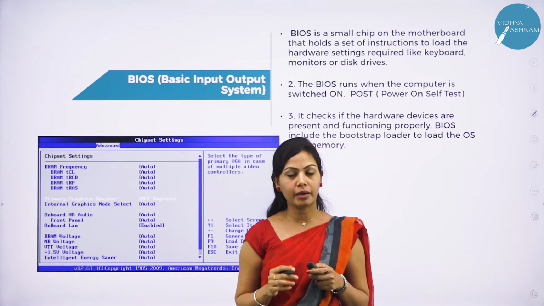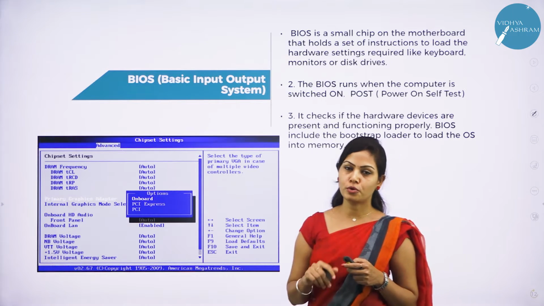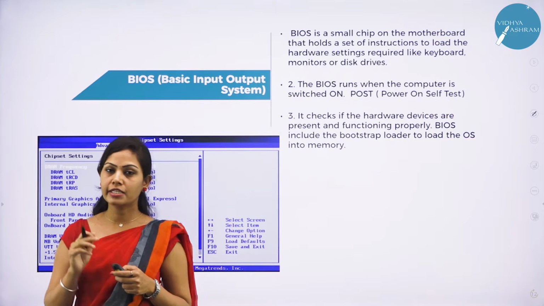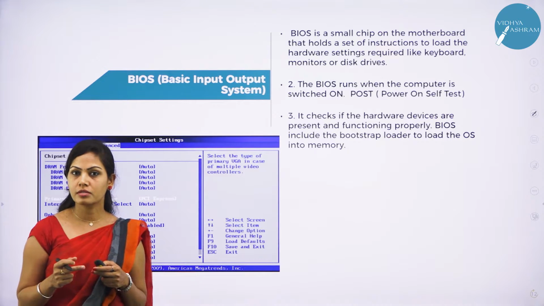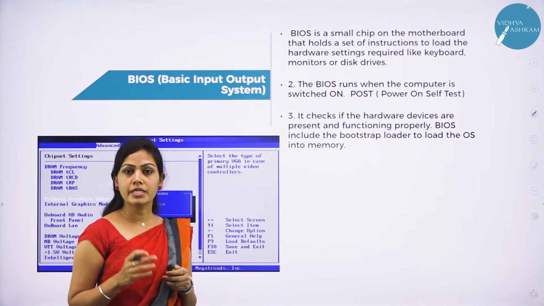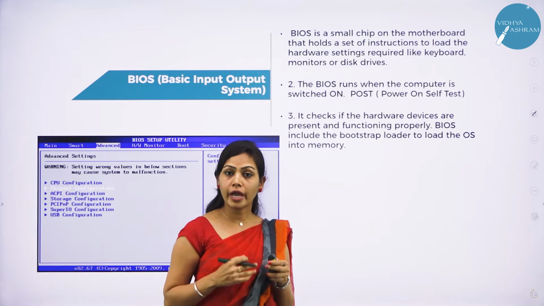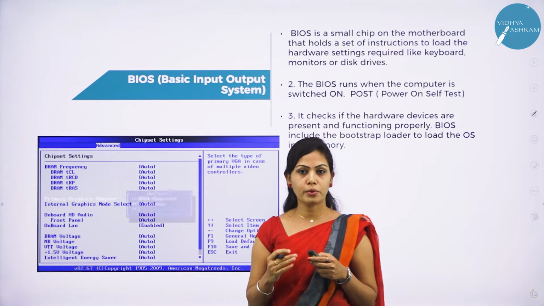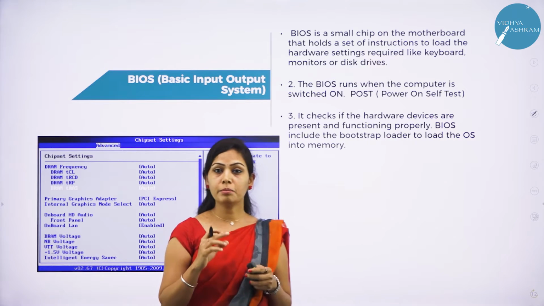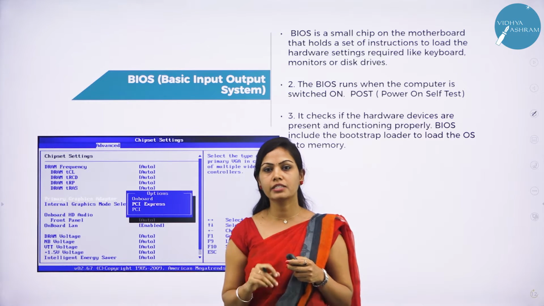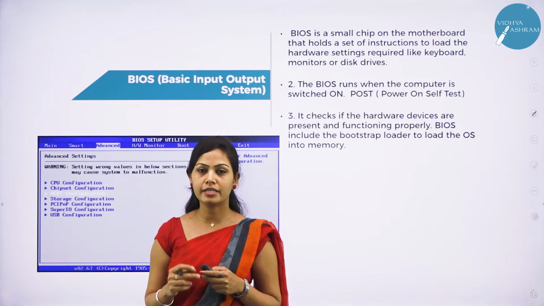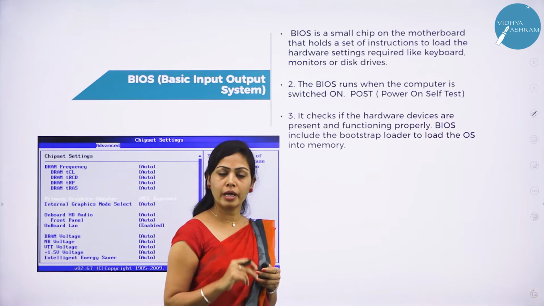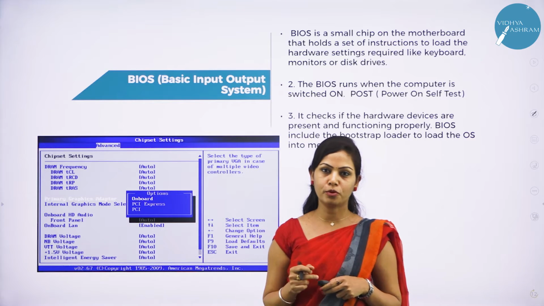Next we have BIOS, basic input output system. BIOS is a small program that controls computer boot process, and it is stored on a small memory on the motherboard. It is used to start up the computers. When we switch on a computer, CPU accesses the BIOS to locate all input and output devices and check if all hardware components are properly functional. A computer user need not do any changes in BIOS as it is installed at the time of configuration of the computer. So BIOS is a small program that controls computer boot process.